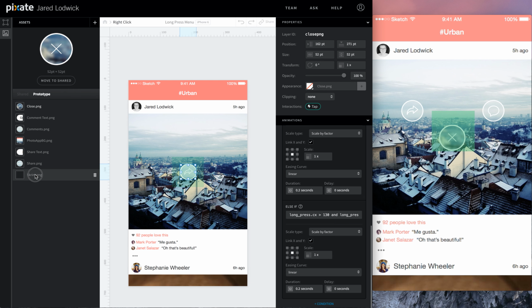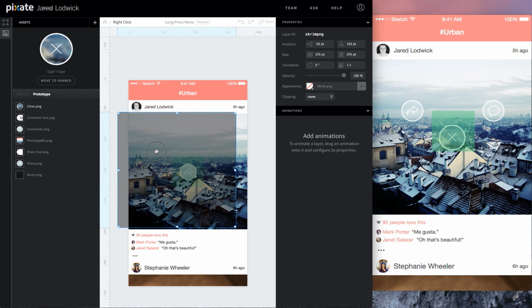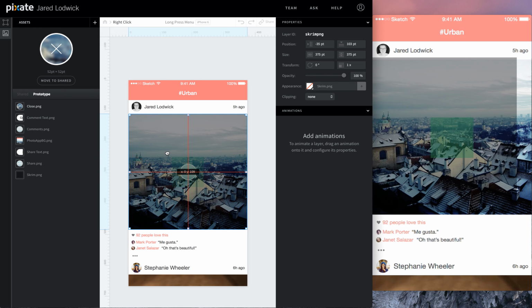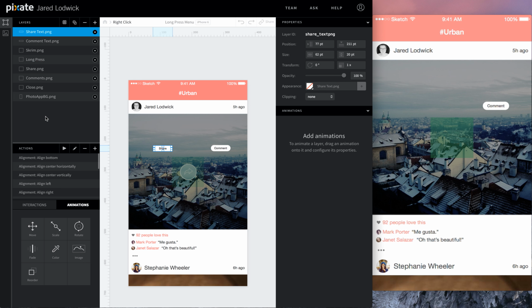So now we'll add some of the smaller details. I have a scrim that I want to show up when this opens up. So I'm just going to place this right here, right in the center. And then I also have these little blurbs. It's comments blurb, share blurb, so we know what we're seeing when we go over them. And let's put the scrim at the bottom, right above Photos app, but underneath all of the rest of this.